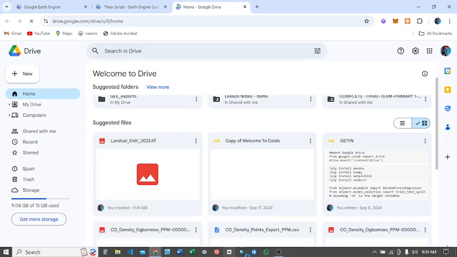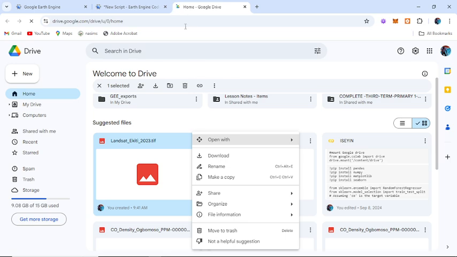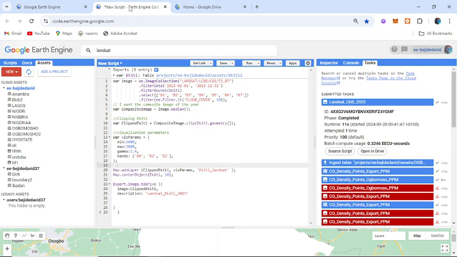So it was created at 9:41 a.m. Alright, so this is the image. From here, after it's done, we can download it. So let's go back. This is the image I brought it from. We used Landsat 8. I filtered the date, filtered the bands, selected the bands, built the composite, clipped it, then declared the visualization parameter,